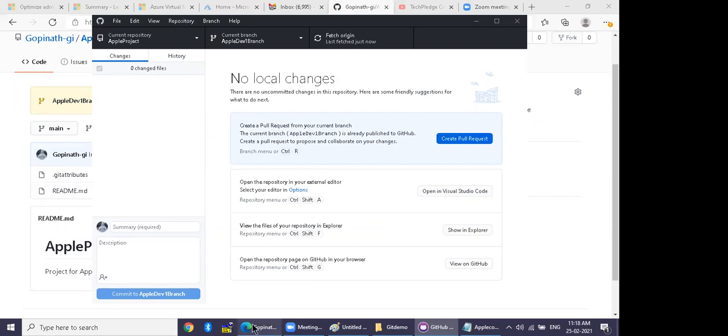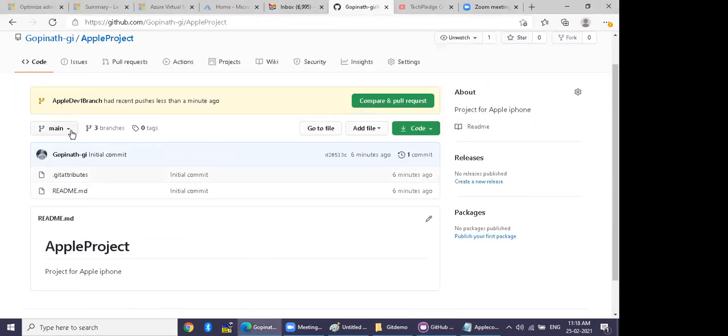Good. Now go and check in your GitHub. It should be available in the dev 1 branch.